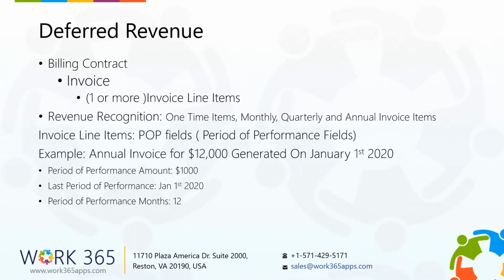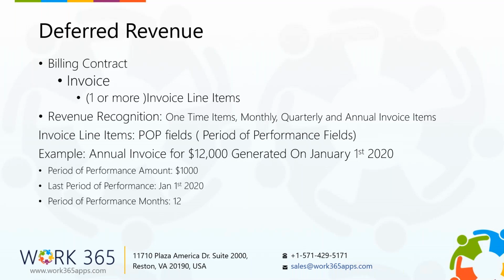All right, another important topic that comes up a lot is deferred revenue. Work 365 allows you to bill invoices on a monthly, annual, or quarterly basis. As I mentioned before, the billing contract generates the invoice, and the invoice has a bunch of line items. Revenue recognition is important if you're doing annual or quarterly invoices, which means that you've got to take the invoice you generate for your customer and potentially spread that amount over the course of the period